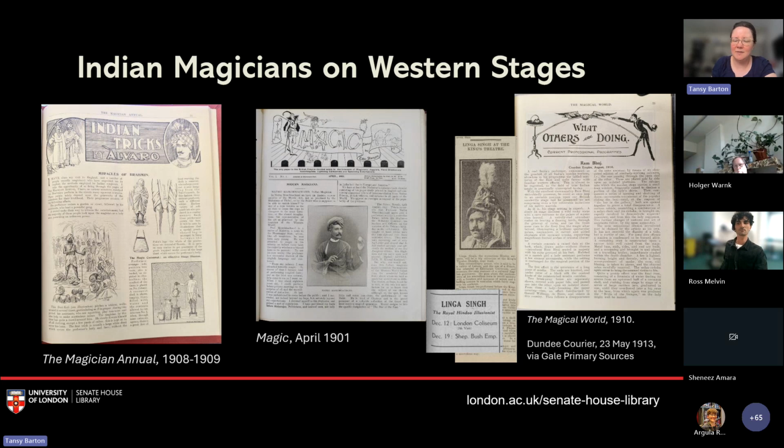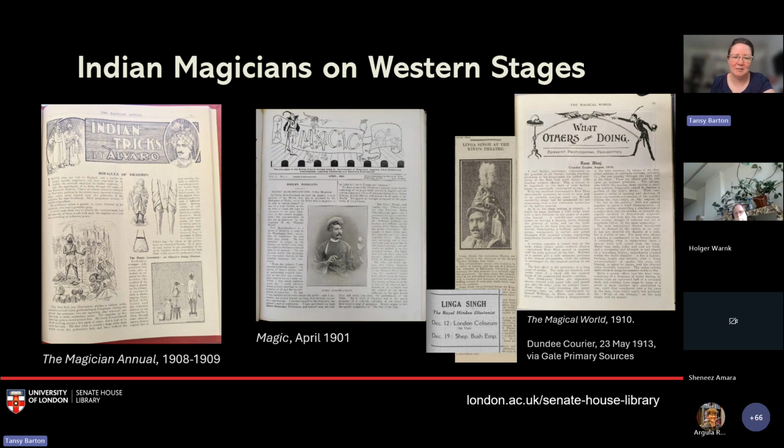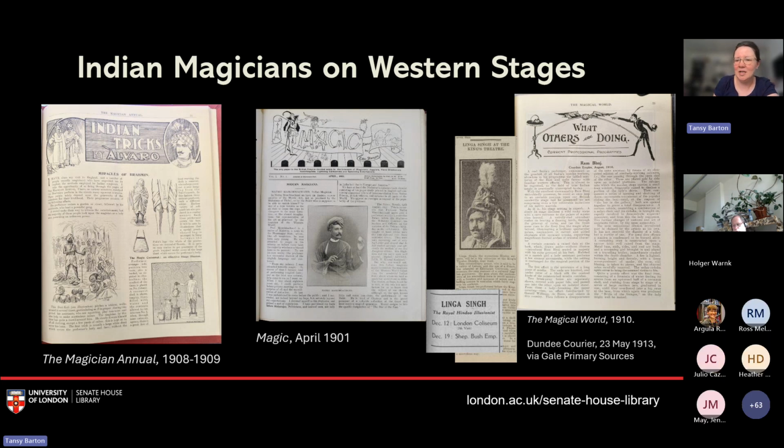And finally, here we have Ayan Dutt, who performed under a couple of different names and had a very eventful life, including being part of a revolutionary organisation, using his firework skills to make bombs with the aim of bringing down the British government. But he later launched his career as a magician, initially under the name Ram Bhuj, and then more successfully as Linga Singh, the Royal Hindu illusionist. And he toured extensively through Europe and Britain. And when he died in 1937, he insisted on all his props being burnt, which were worth a considerable amount of money, but likely to preserve the secrets of his performances.